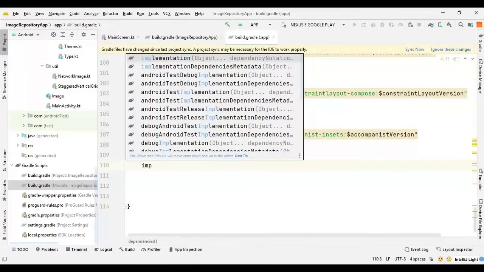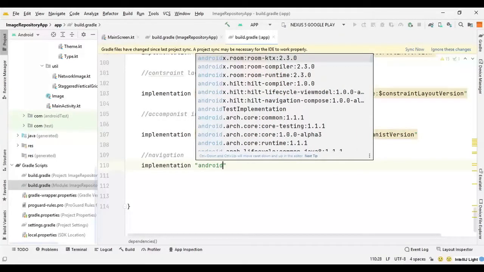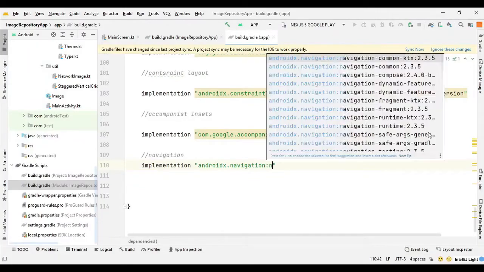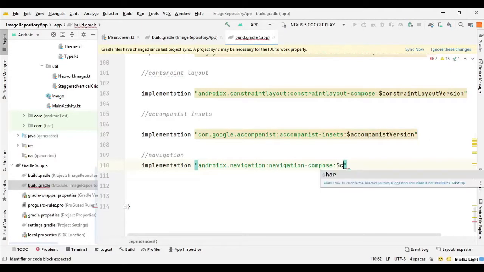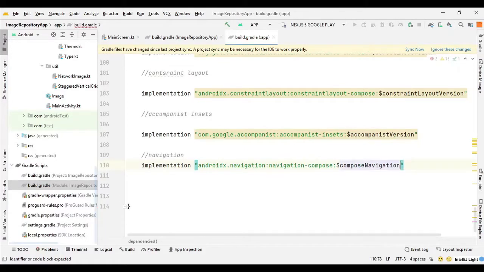So we can say implementation androidx.navigation:navigation-compose, and we can pass the version. So we can say navigation compose navigation.